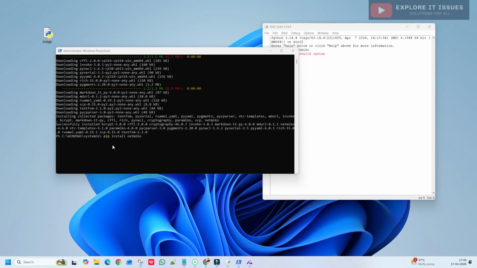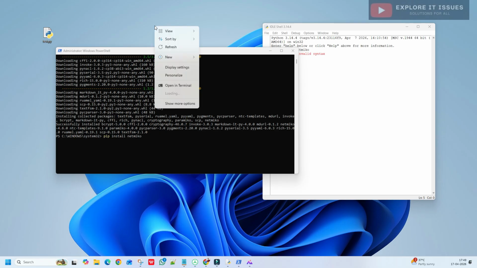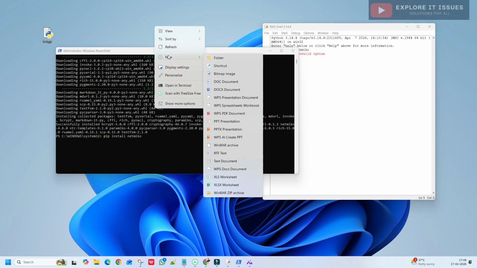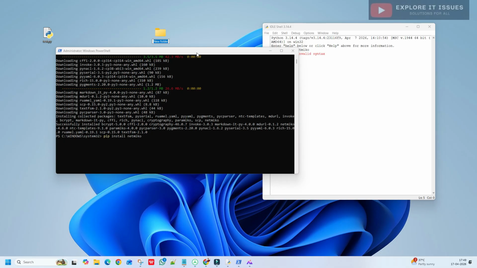Once you have installed the netmiko library in Python, the next step is to go to the desktop and create a folder. Right click on the desktop and create a folder with any name. I am creating Cisco photo backup.